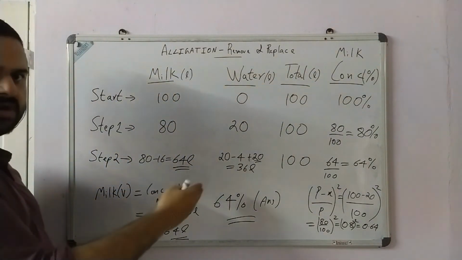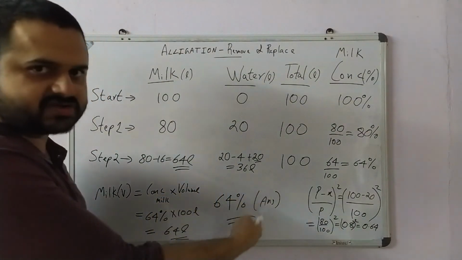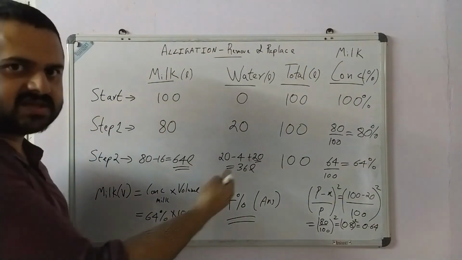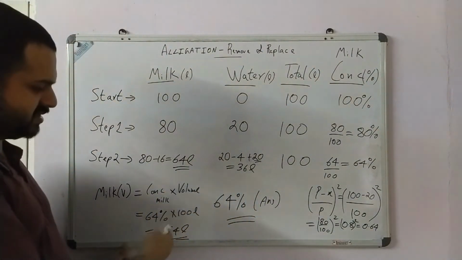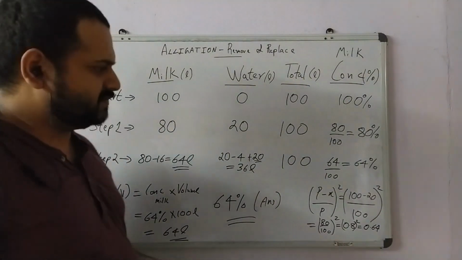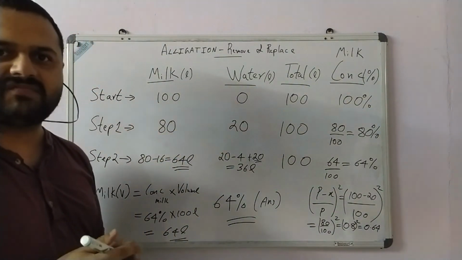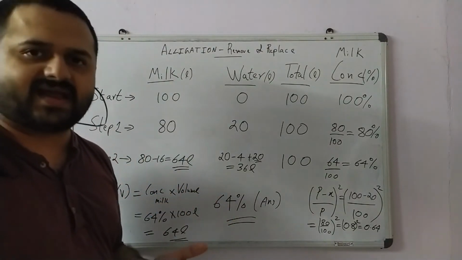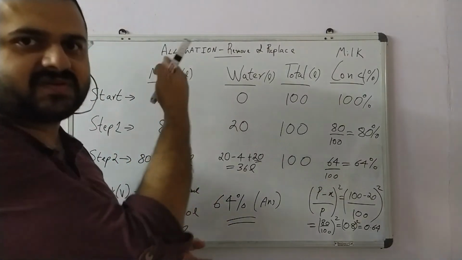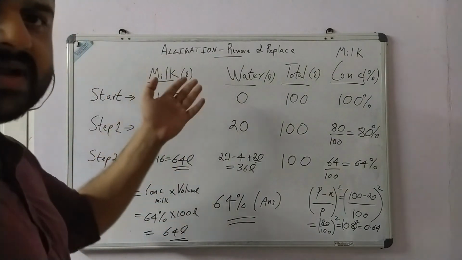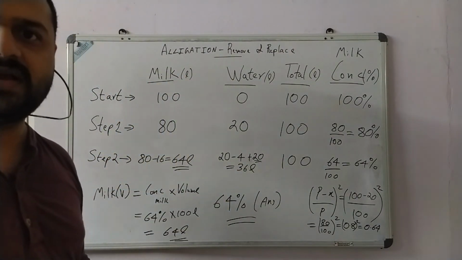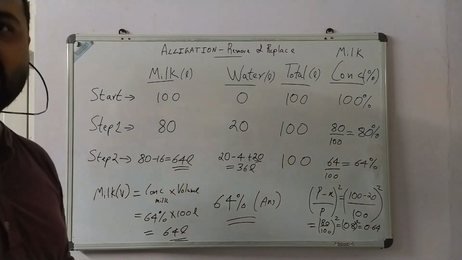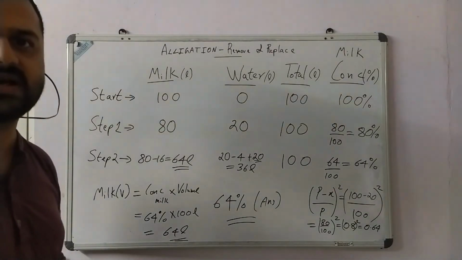But this is the formula approach, where we have found out the concentration of milk in the solution, which is 64%, and because the total volume is 100 liters, 64% of 100 liters is 64 liters, right? So hope it is clear for you. We first tried to do it using P and X and so on, and right now we have used actual values of 100 liters and 20 liters, and so on, and we've tried to solve this. Okay, thank you. Let's now look at solving an actual question.